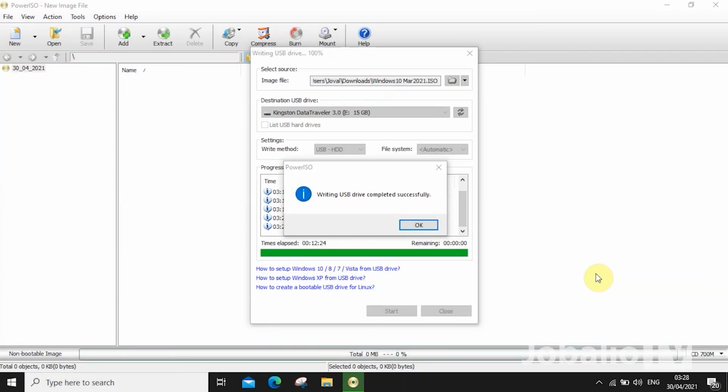Okay, the process is now complete, and if no errors occurred in the process, it should now be all set to set up your Windows from USB drive. And that's it. That's how you create a bootable USB drive